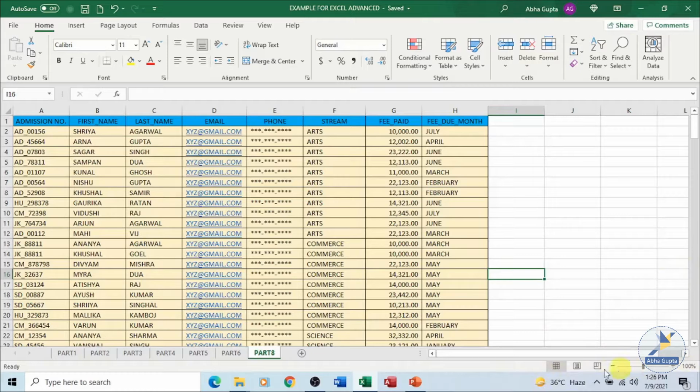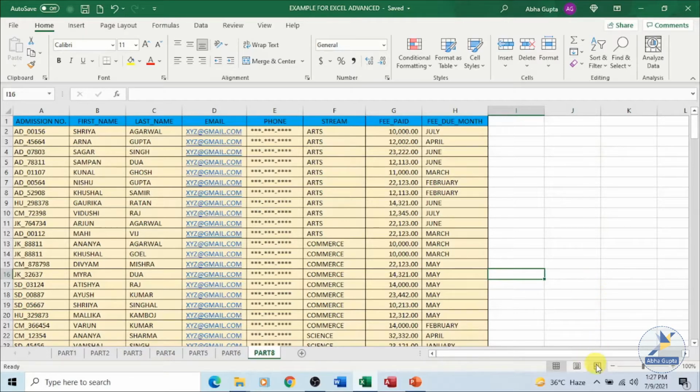If you look at the right hand side, we have the normal view, which is the default view, where you enter the data. Then you have the next view, your page layout view, which shows you the exact image or the copy of the worksheet that we are about to print. We'll come to that also.